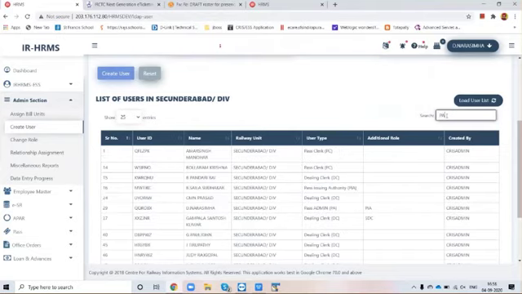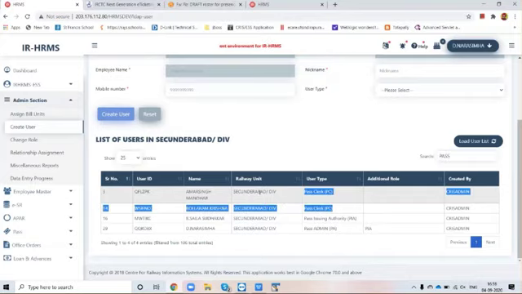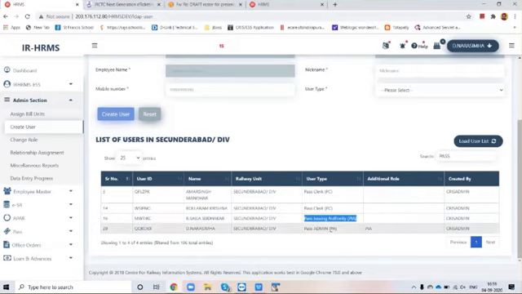You will see that 4 records have been filtered out, and there are 2 pass clerks in the unit, and 1 PIA is here and 1 pass admin is here, and the pass admin has been given the additional role of PIA. So we have 2 PIA, 2 pass clerk, 1 pass admin. So this is the user assignment that has been done.